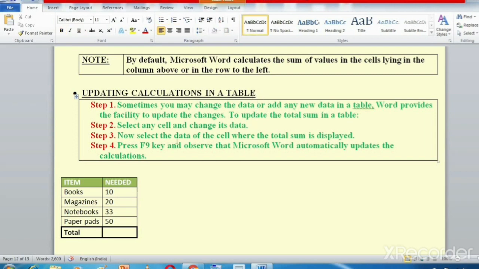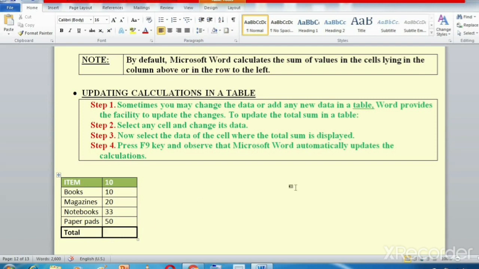Suppose, students, I want to calculate the total of all these cells over here in this particular cell. So you know how to calculate the total. Again, we'll revise.